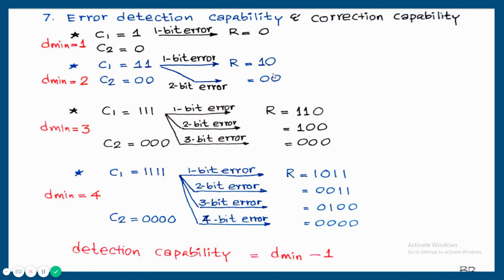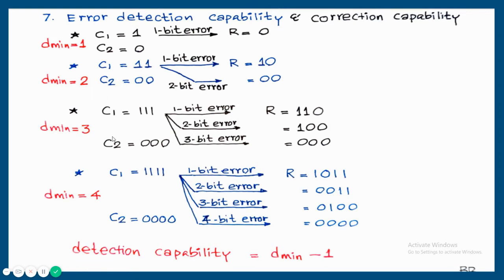And in this case, 0 0 is a valid code. So the receiver is going to accept this code. So no error correction or no error detection. So this example shows that if there is one bit error, it can be detected, but there is no error correction. So with D minimum equal to 2, one bit error detection is possible, but there is no error correction.